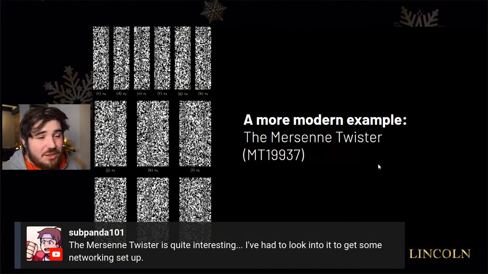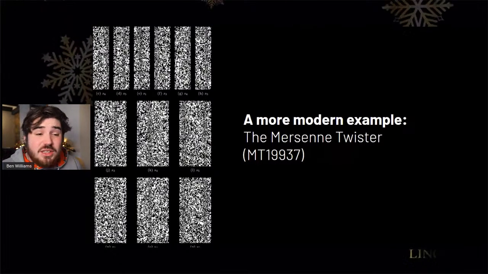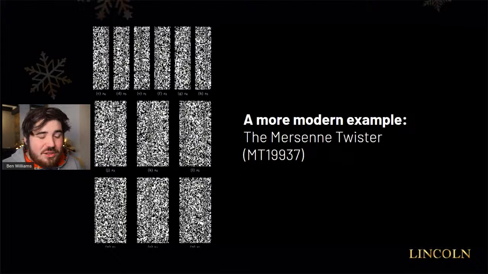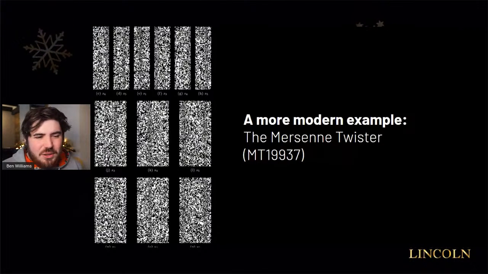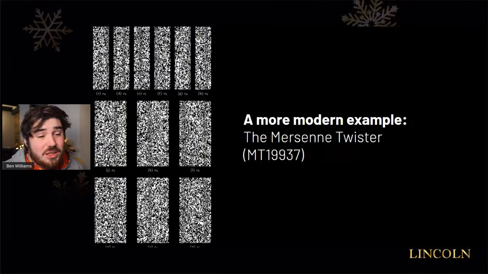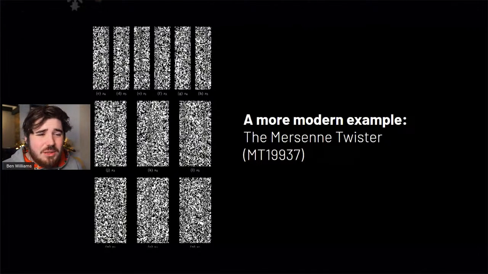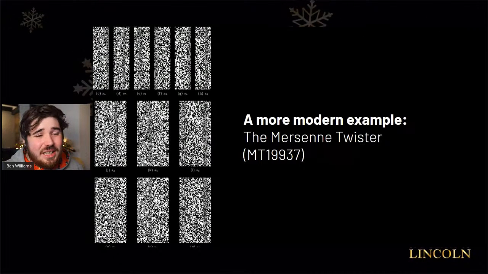But yeah, to carry on, a more modern example is the Mersenne Twister. This is the kind of de facto standard of random number generation now. Usually, if you generate a random number in some programming language, it's using this Mersenne Twister. And the name is probably quite confusing. So it's called the Mersenne Twister. I'm not sure if you guys know, but